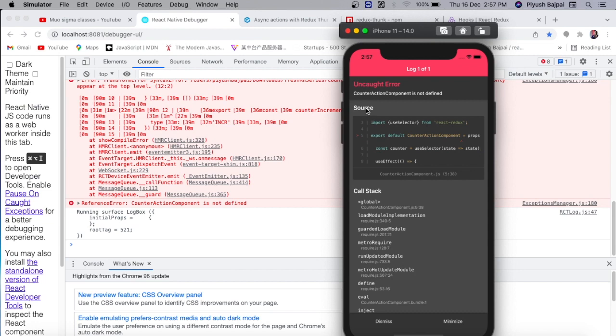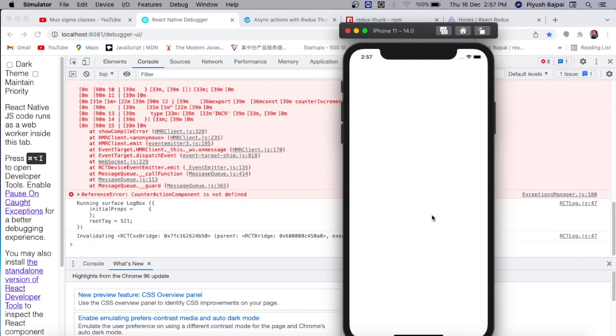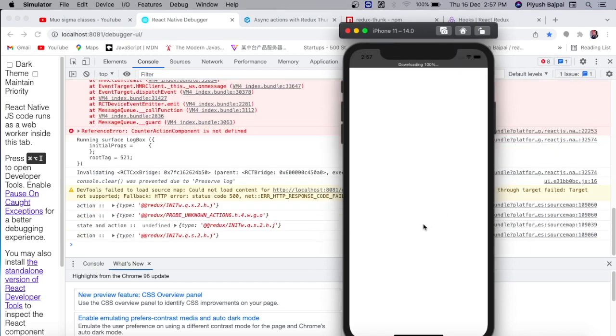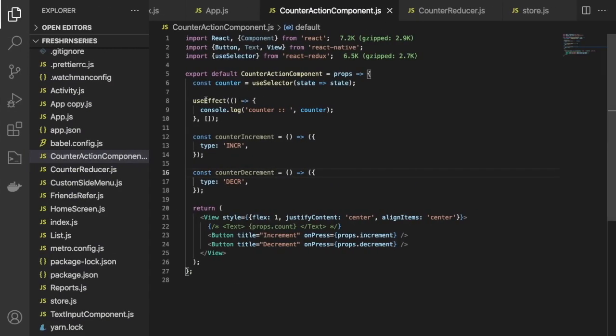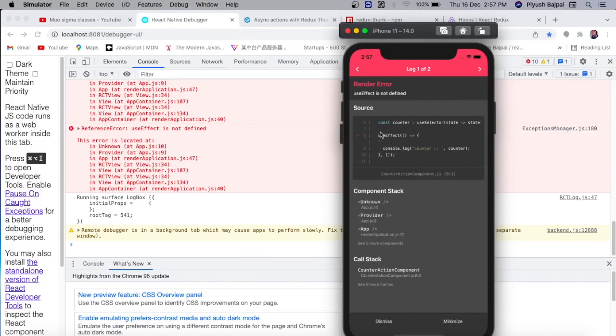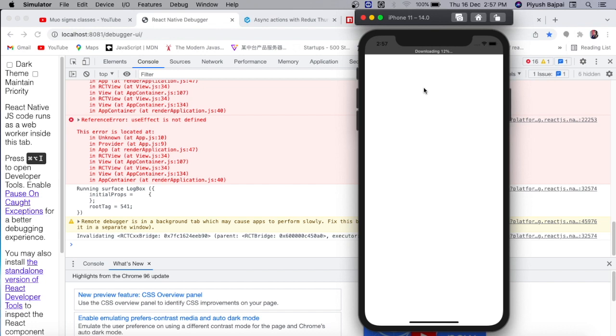What is the issue? CounterActionComponent is not defined. Okay, let me refresh this application first. We'll see what will happen. So useEffect is not defined. Let me copy and paste here. Cool. Refresh this application.